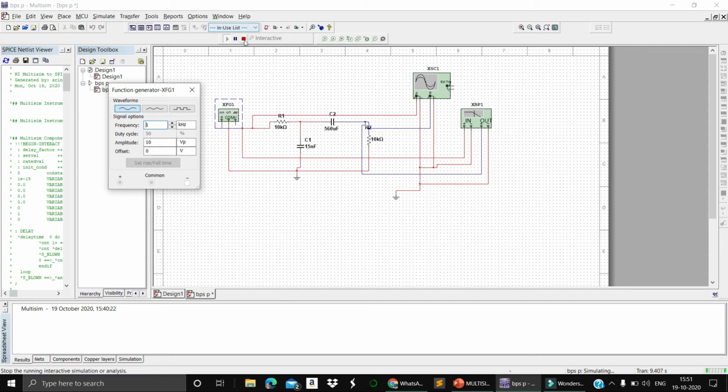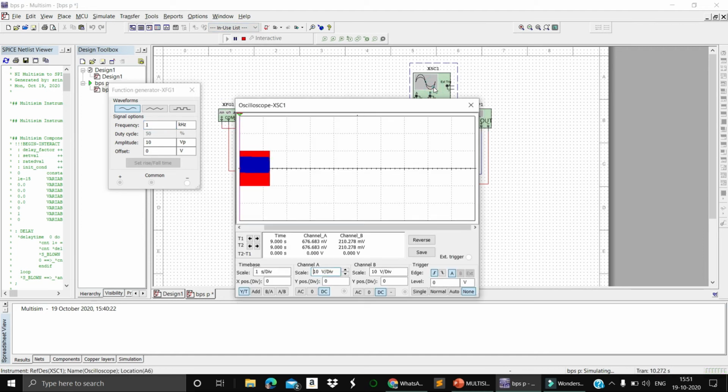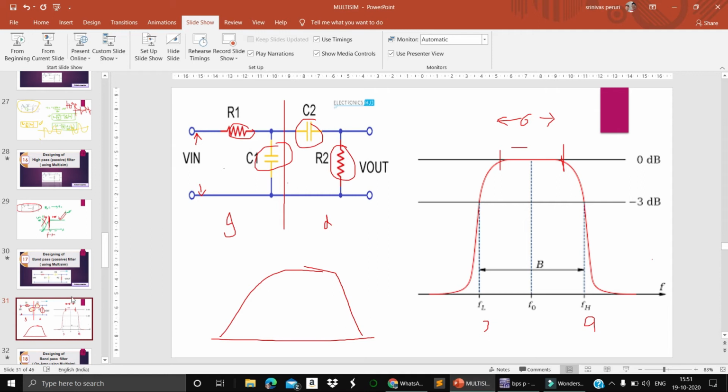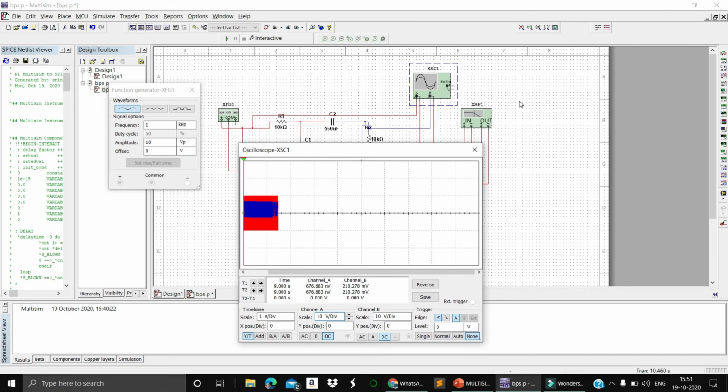So what will I get in the oscilloscope? I am giving the input. Suppose think about this once again. You are first integrating a function, and after that differentiating. What will happen? The integration will be cancelled by the differentiation. So whatever you are giving as the input will be reflected on the output side.